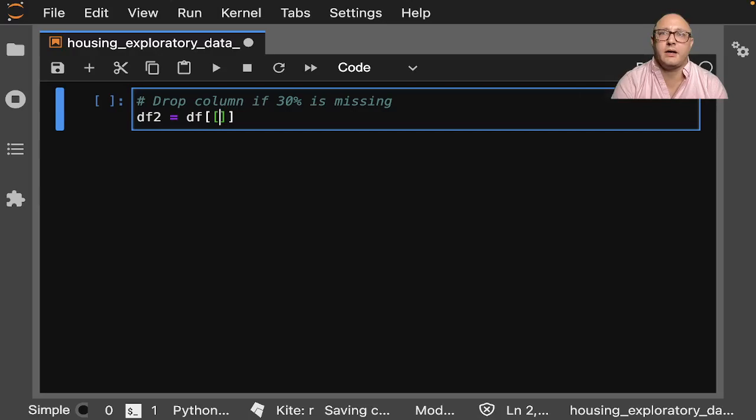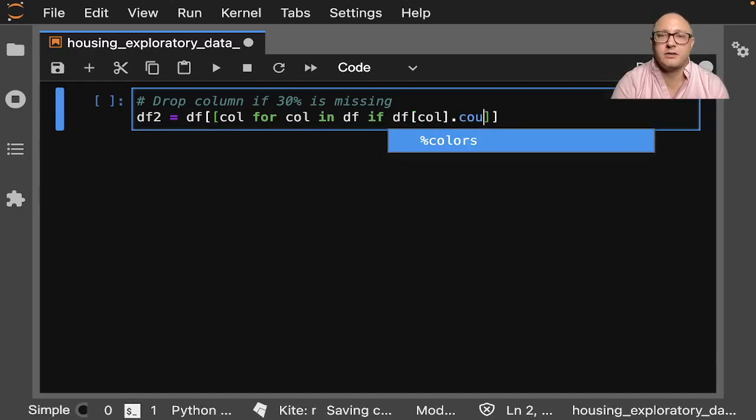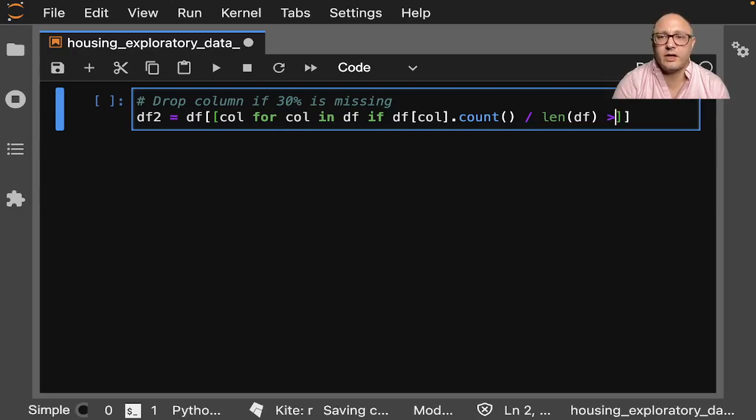So let's call in the data frame, if the data frame column dot count divided by the length of the data frame is greater than or equal to